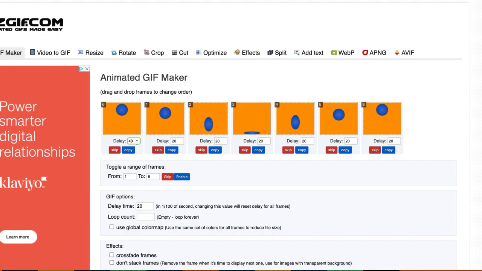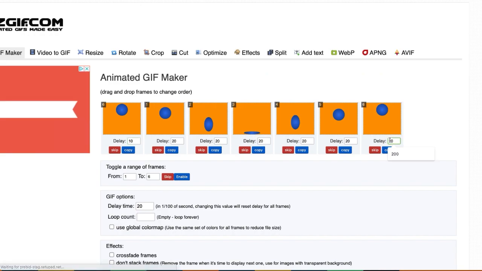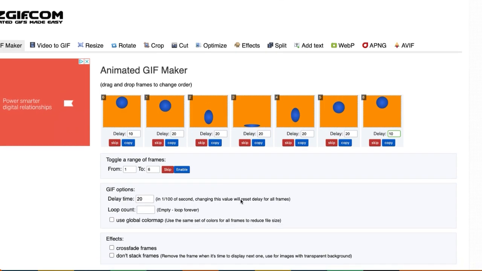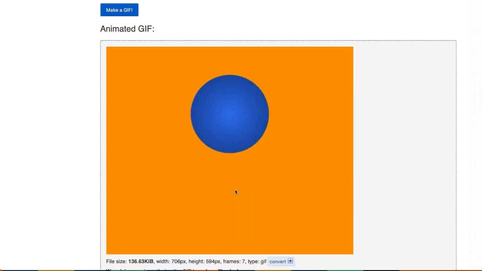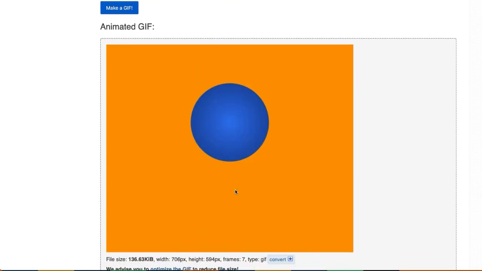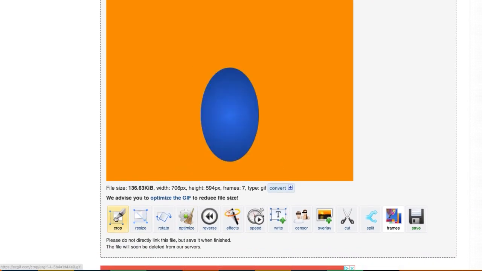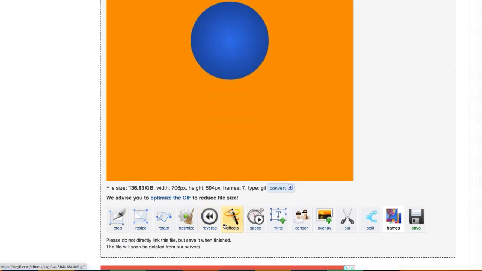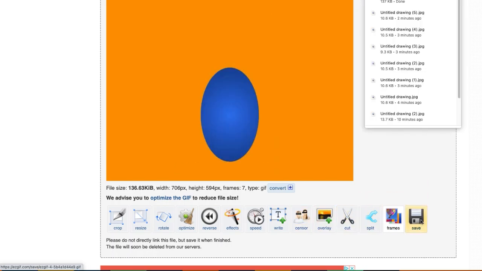However, I want to see what it would look like if I changed this to a little bit shorter so that there's more of like an intense kind of a bounce. It just doesn't really slow down much. And so this one is a little bit quicker. So you can adjust things, you can play around with it. It's really fun to play with the numbers. You can also crop, resize, do some effects. You can add text. But if you're done, you can click save and it will go straight to your downloads,